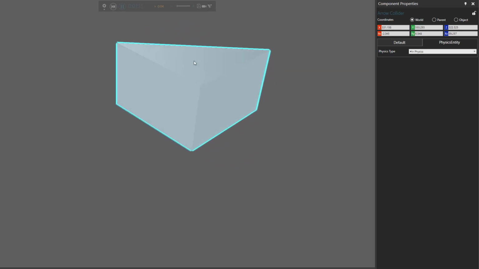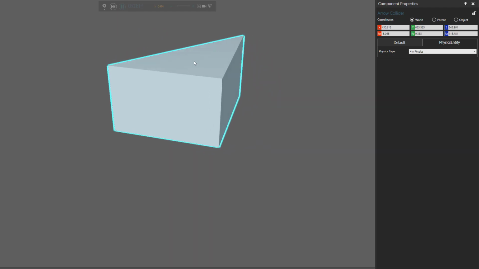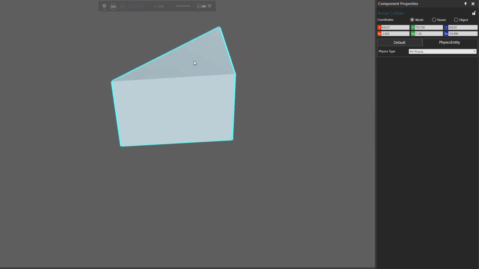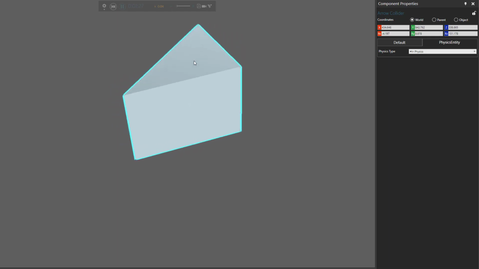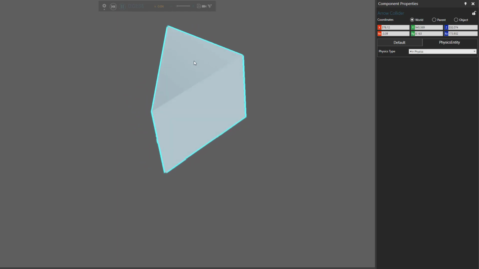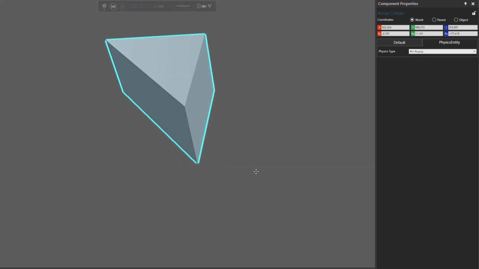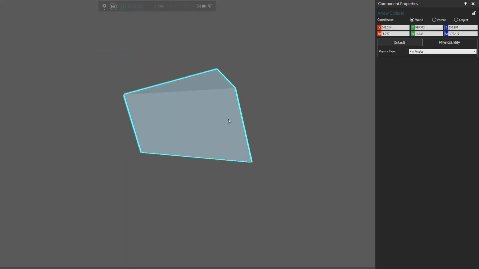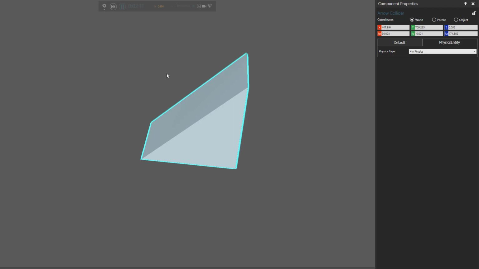If you remember physics, you can have an undamped solution where there's no damping, so the object will just keep on moving around. You can have underdamped, where the object will oscillate back and forth along its equilibrium and then eventually stop. You have overdamped, where the object will slow down, take a lot of time before it comes to rest, but it won't go past its equilibrium. And then you have critically damped, where the object will come to rest in a short amount of time and not oscillate. So now we can see our object is at rest. It stopped completely. But I can push it again and it falls down to the floor.